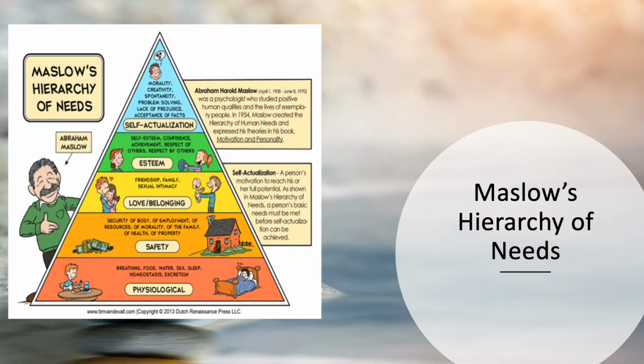I'd like to discuss Maslow's hierarchy of needs. Some of you may have seen this. I'd like to apply this to an educational context. So Maslow's hierarchy of needs is this pyramid, and he believes that in order for us to reach this level